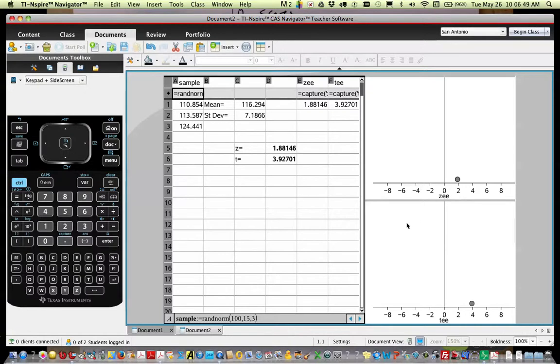On this software I can just tell it to go out and get another sample of size 3, and there's a new sample. One kid's got a 78, 104, and a 99. Those 3 kids have an average of 93 or 94. That's going to give me a z-score of negative 0.7 and a t-score of negative 0.75. One reason that these 2 things are so close together is because this 13.97 is pretty close to 15.